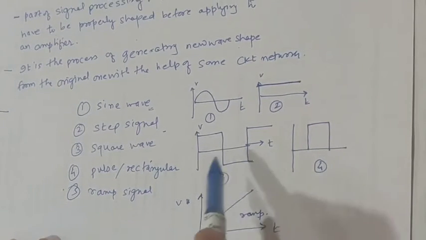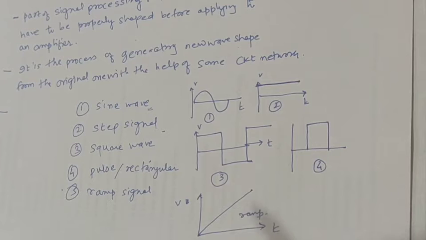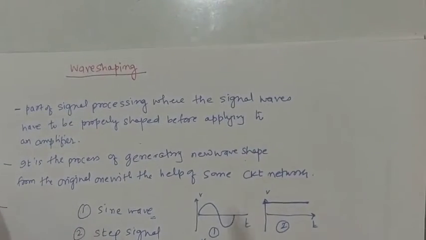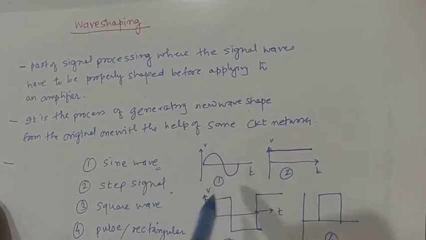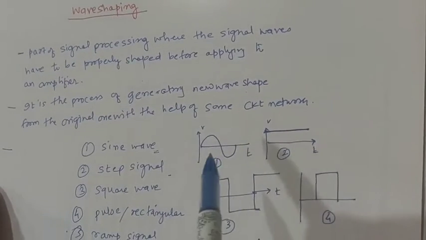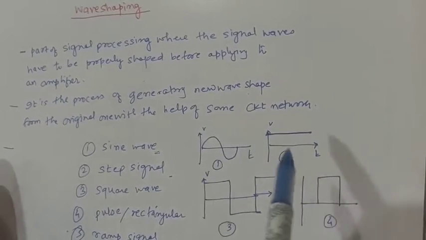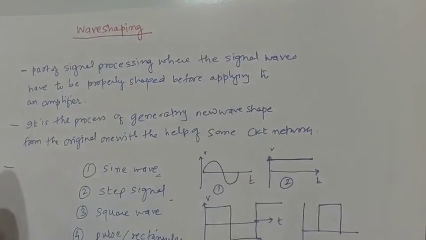So when these particular signals are applied to any digital circuitry or pulse circuitry, how that circuit is going to alter these waveforms is very important to understand, and this is what we will be covering in this video. Now we have understood the meaning of wave shaping. Of course wave shaping is changing the waveforms. These waveforms will be applied to any circuit, and how the circuit is going to respond to these signals is what we need to see in wave shaping.